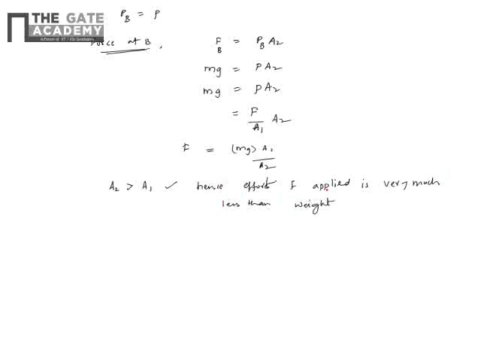So imagine if the areas are the same, then you need to apply that much effort, which is equal to the weight of the car. So this is the simple way in which the hydraulic lift works. So the mechanical advantage here: the advantage of this method is that because A2 is much larger than A1, it will be obviously 10 times or 15 times. So even a smaller force F1 is able to